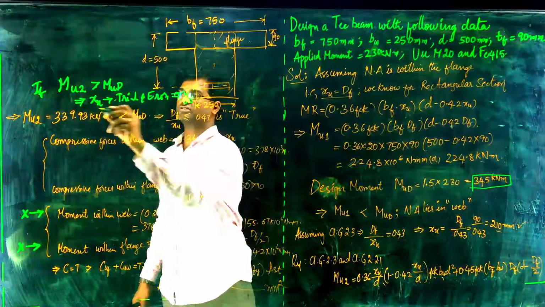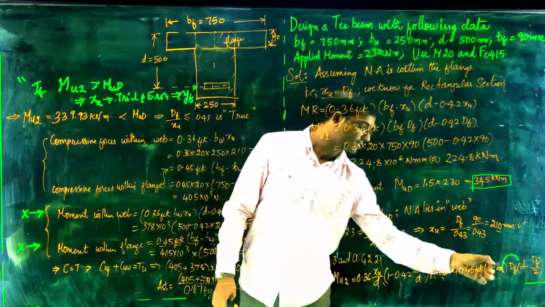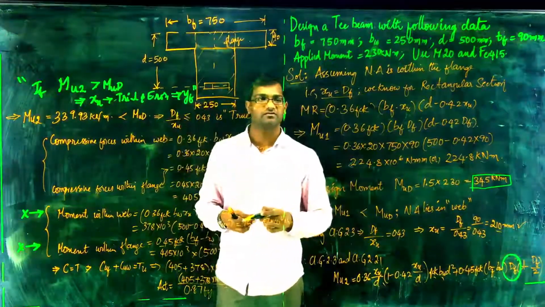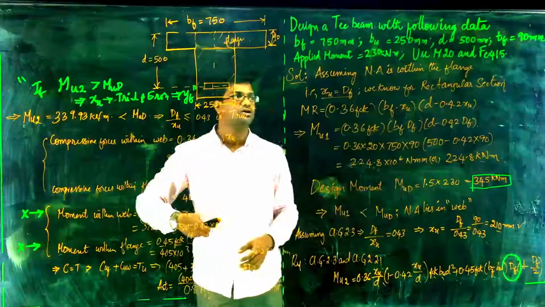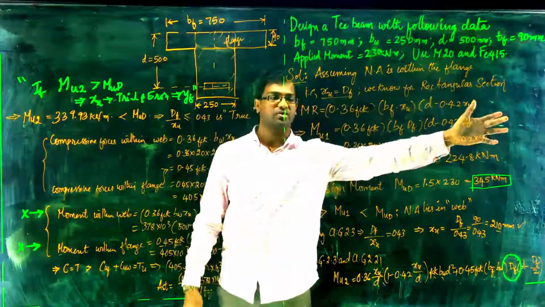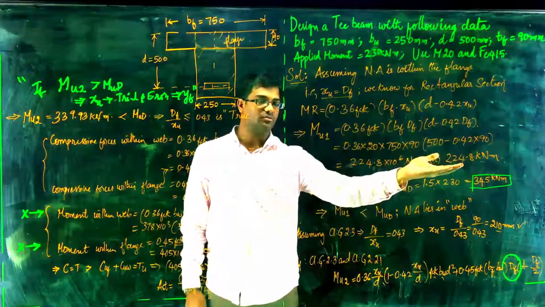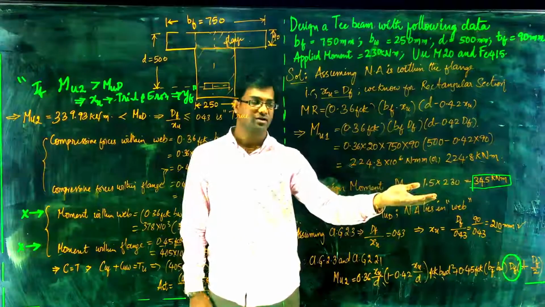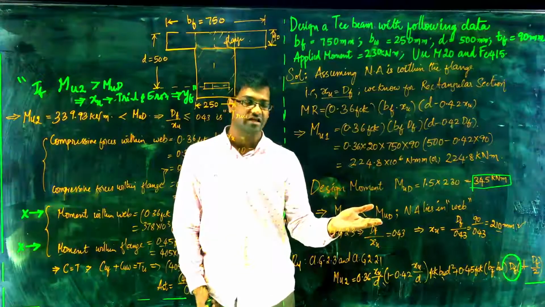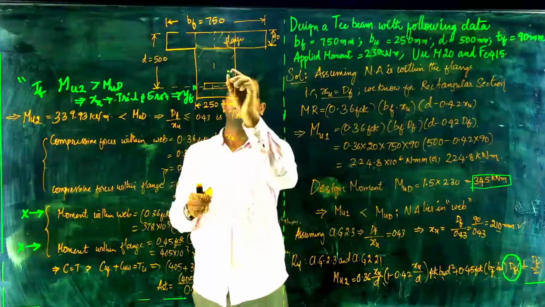Until now Yf did not come, right? You can see here only Df came, right? So in the next problem we will discuss about Yf. The same steps will follow. We will assume the neutral axis is within the flange, then we will calculate this value, then we will get this Mu1, and compare Mu1 with the design moment, right? We'll compare this definitely.